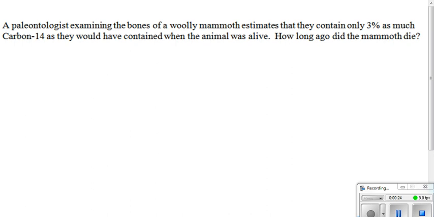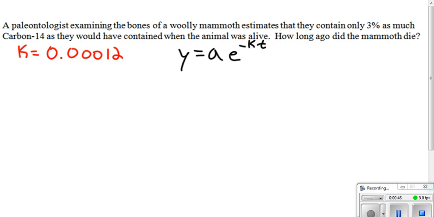Well, remember, from our note, we said that the k of carbon-14 is 0.00012. And we know that we're using an exponential decay form because over time we're losing the carbon-14, so it would be y equals a e to the negative kt. Now again, we don't necessarily know how much we started with, but we know that only 3% is left. So we would say then that